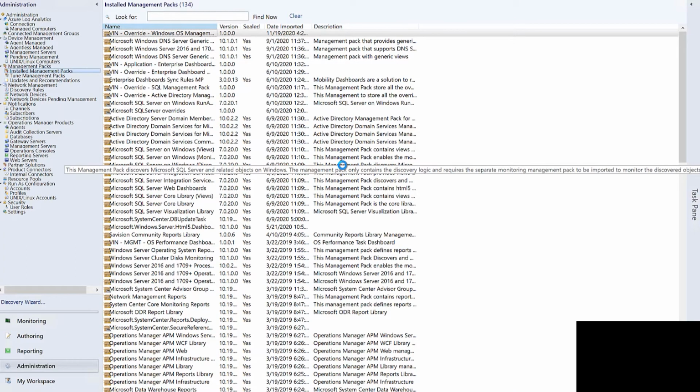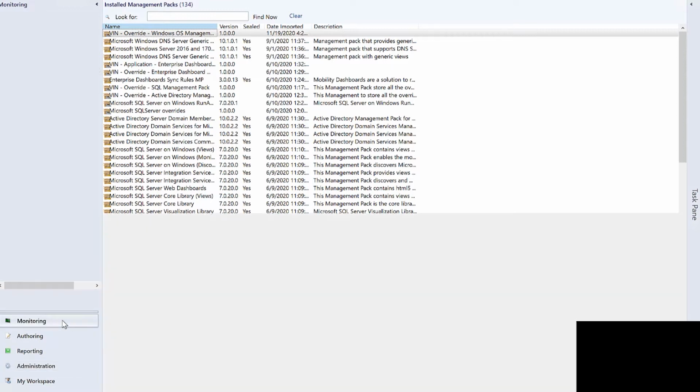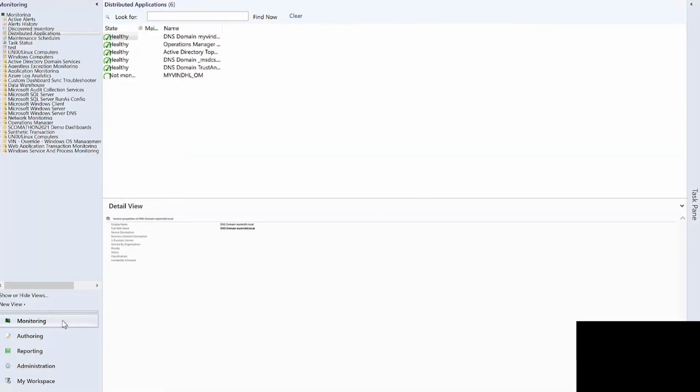And we'll also use this management pack to store the configuration information of the subsequent demonstrations that we will be covering in this session. So after creating the management pack in the administration workspace, a folder of the same name will show up in the monitoring workspace. Any dashboard or views created in this folder will be stored in the management pack it was defined in. To create a native dashboard with a single cell, we right-click the folder,